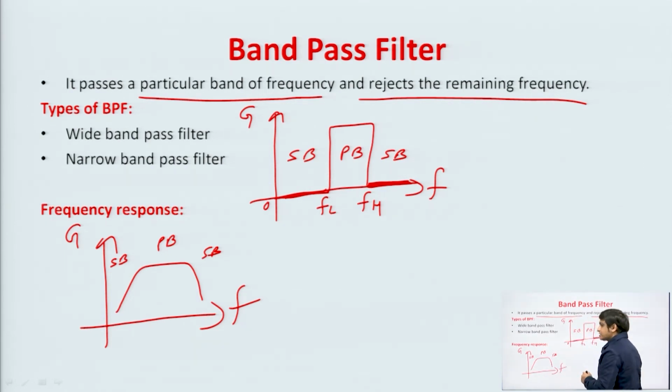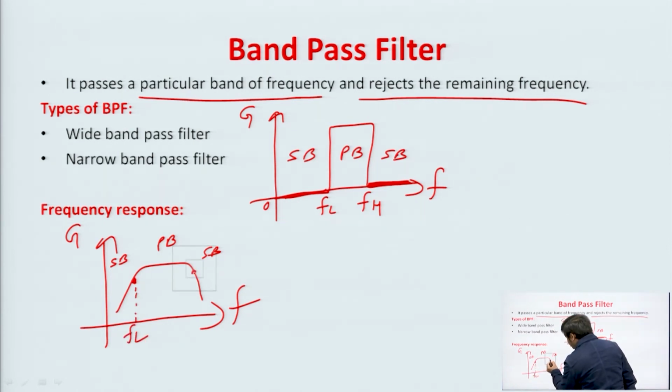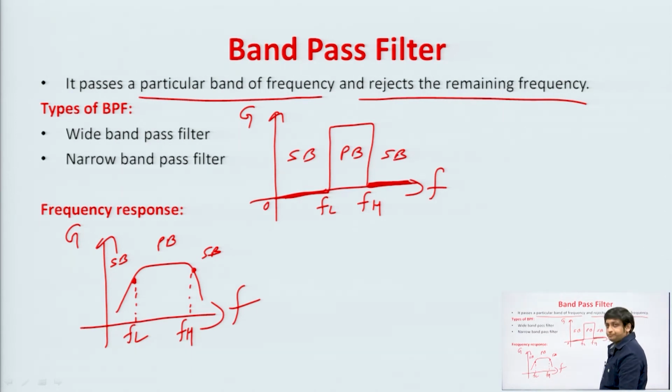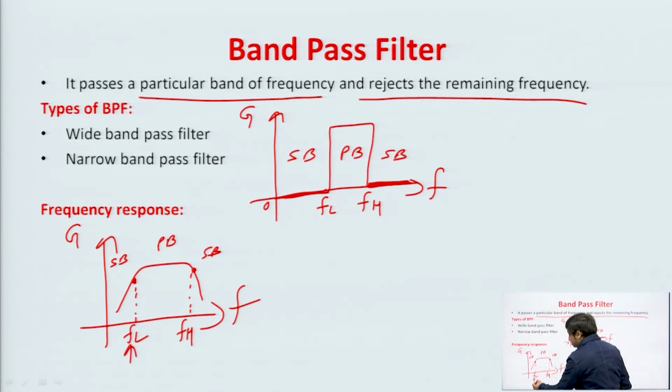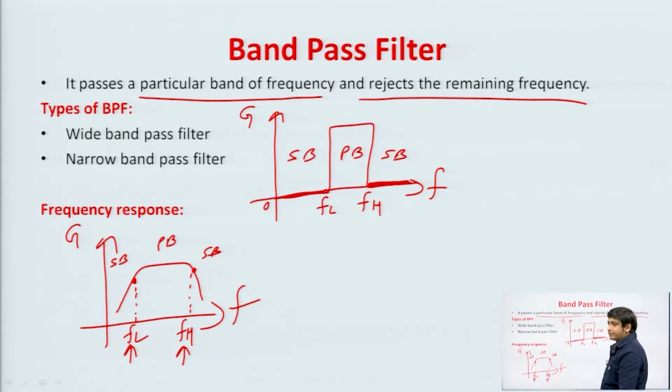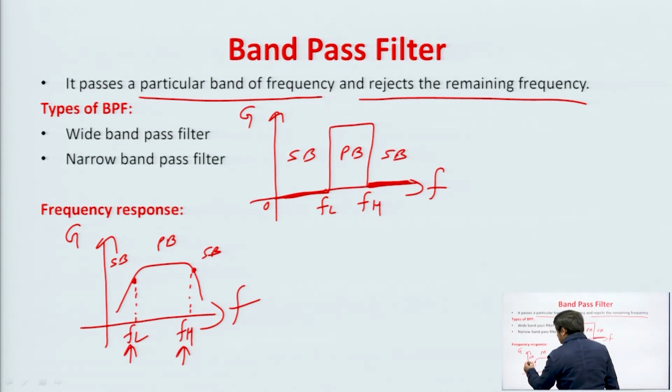Now, in case of band pass filter, there are two cutoff frequencies. One is called FL and the another one is called FH. So, FL and FH are the cutoff frequencies of the band pass filter. This FL is called lower cutoff frequency and FH is called upper cutoff frequency, and the maximum gain of this